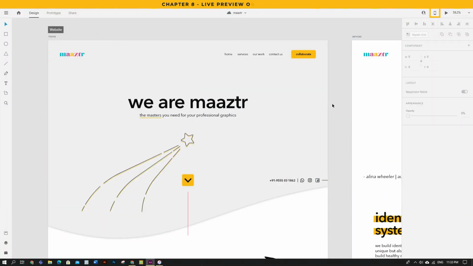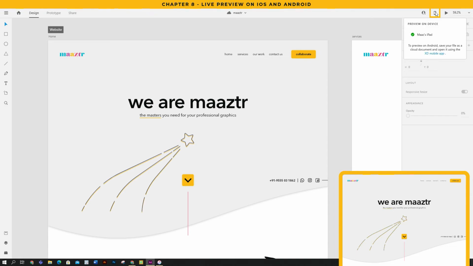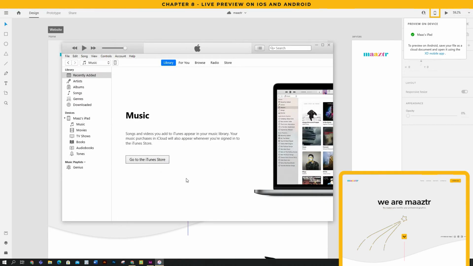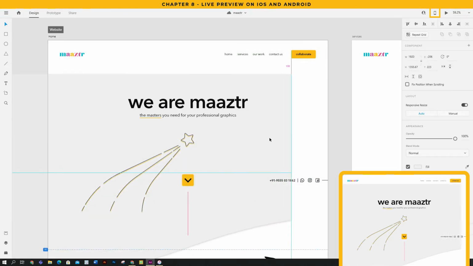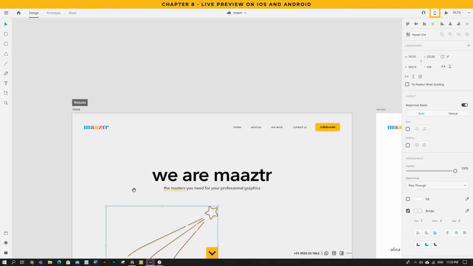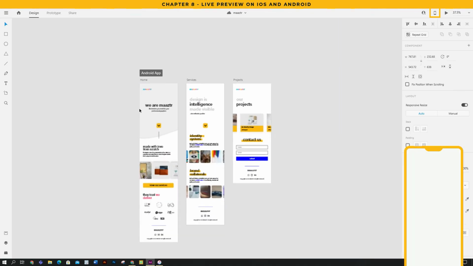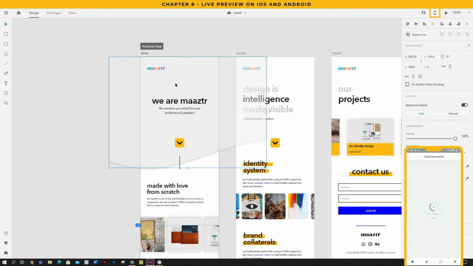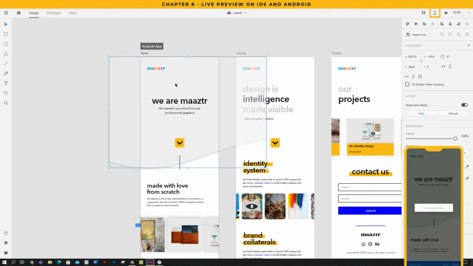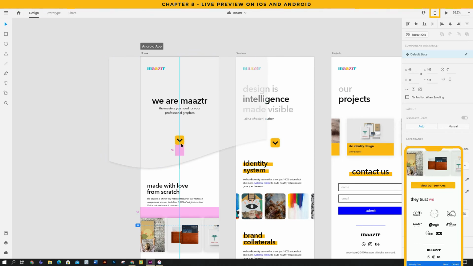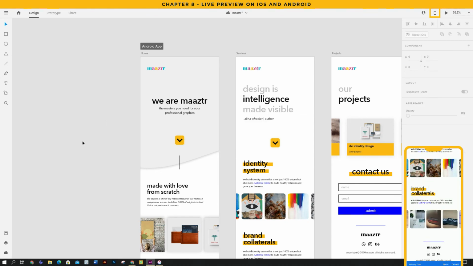Previewing your app simultaneously on the device while designing will give real-time experience and helps better placement of design and user testing. In order to preview on an iOS device, you need to have the latest version of iTunes installed on Windows PC and connect the device via USB to preview it in the XD app. For Android, save your document to the cloud and open it in your XD app. You can interact with it, but for every change you do, you have to reload it again in your device.